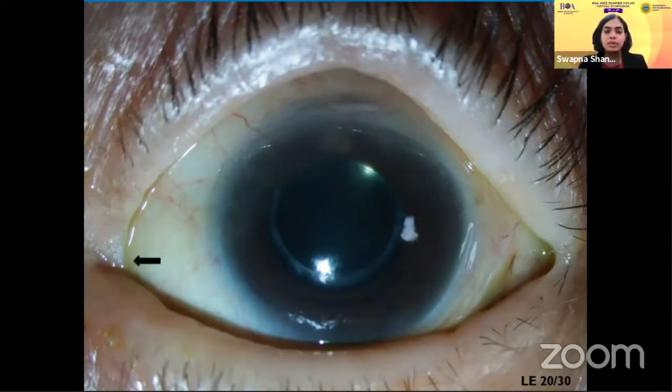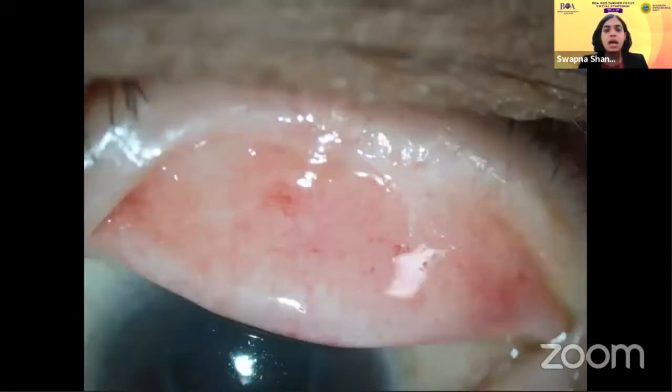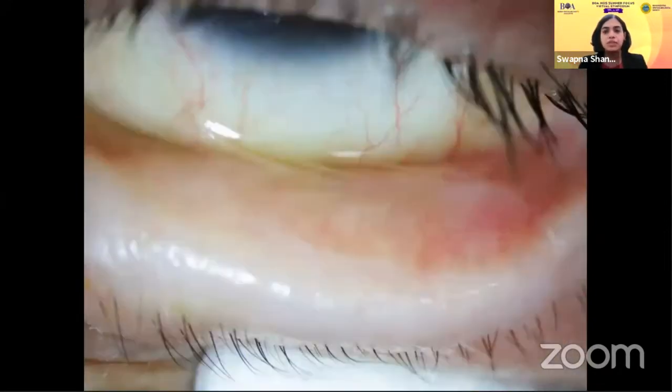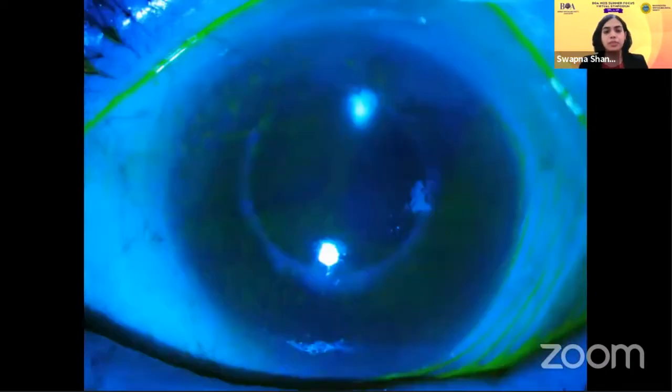And if you can look here, there is lateral canthal fibrosis. Now, this is quite significant, and that's why a very good ocular surface examination is required in most of these ocular surface cases. And when we everted the upper eyelid, you can see that there is some subtle conjunctival fibrosis present here near the lid margin. And even on the lower inferior fornix, there is fibrosis present and very early fornicial shortening.